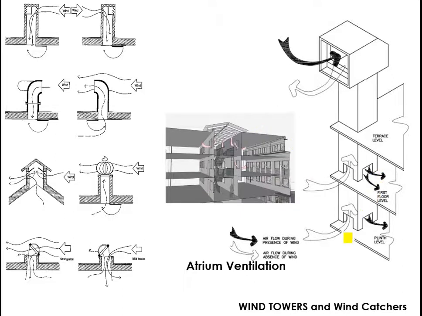which gives you air changes per hour easily. So what happens when you have a wind tower? You have a tower here, and this wind tower is responsible for the exchange of air. During the presence of wind, the airflow is collected from the top like that, comes down, and goes towards the first floor level and plinth level. When there is an absence of wind, there is a little bit of airflow from below. If there is more wind, the airflow is from the top. If the wind is very low, the airflow is from below, and it tries to push the hot air up and outside.